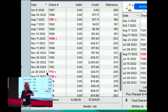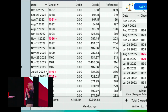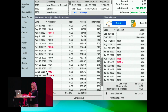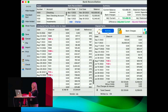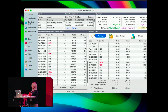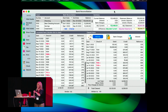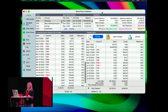Okay? If the offset's in a future, which you guys wouldn't really run into this as much, you want your voids to be in balance when you clear them. So if you're going to clear check number 1110, because it says it cleared, but it won't balance your bank here, but it was a voided check, right? And so if I do that,